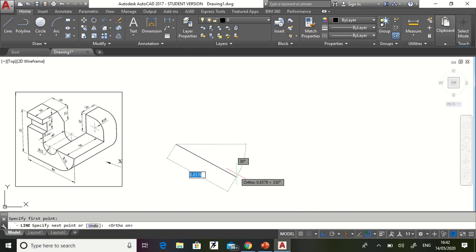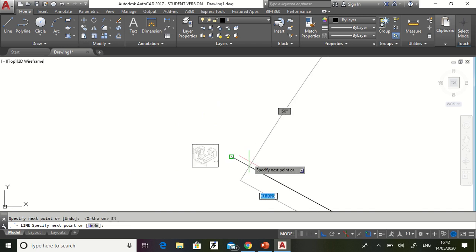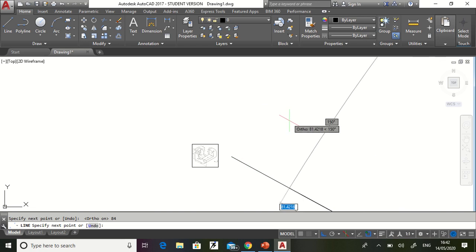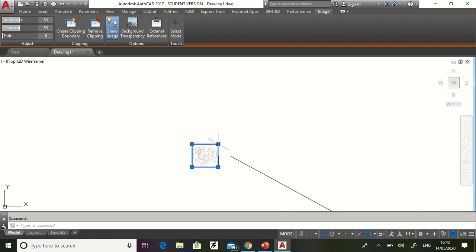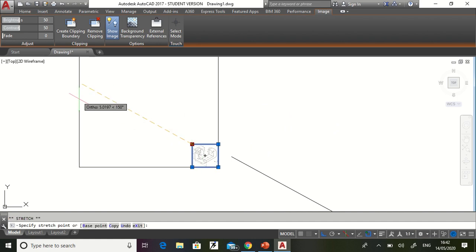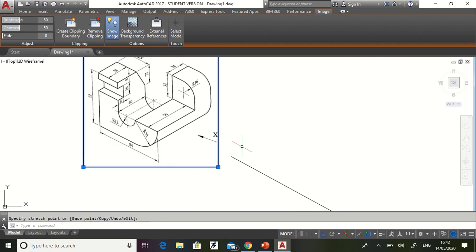In this direction we will go for 84, but here there is a scaling issue, so we will extend this drawing so that our scale factor can be increased.